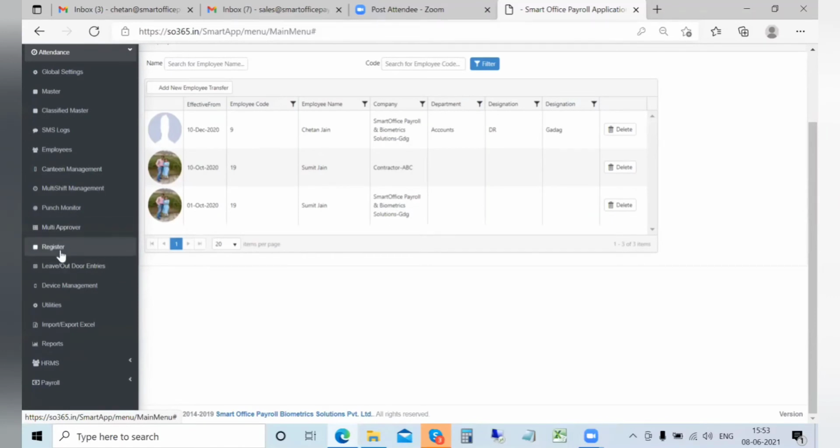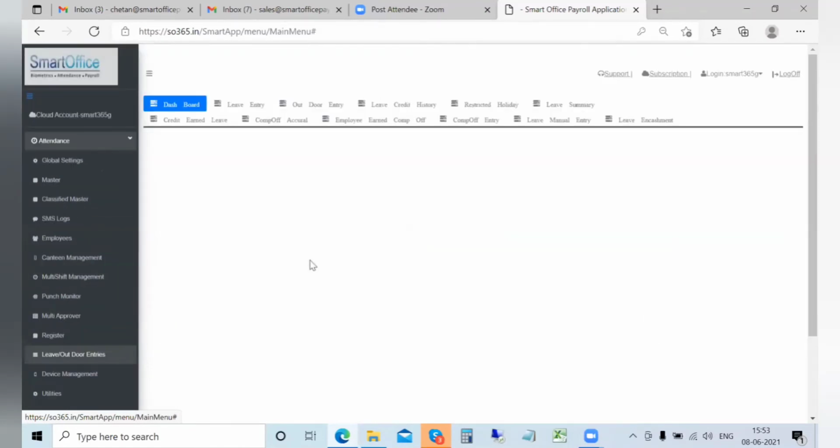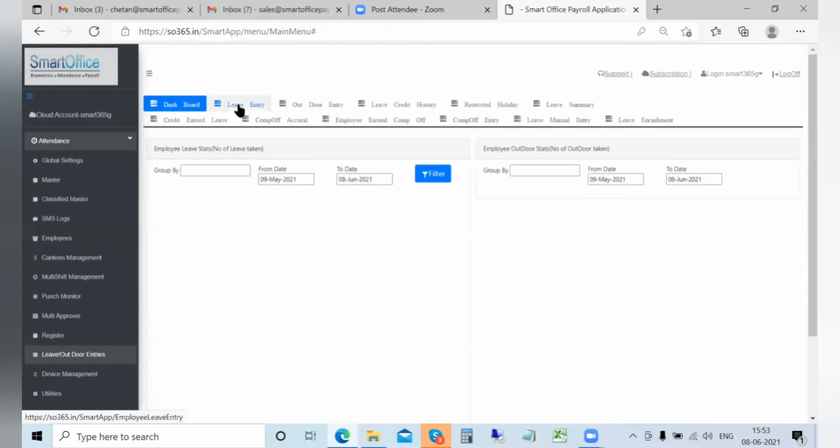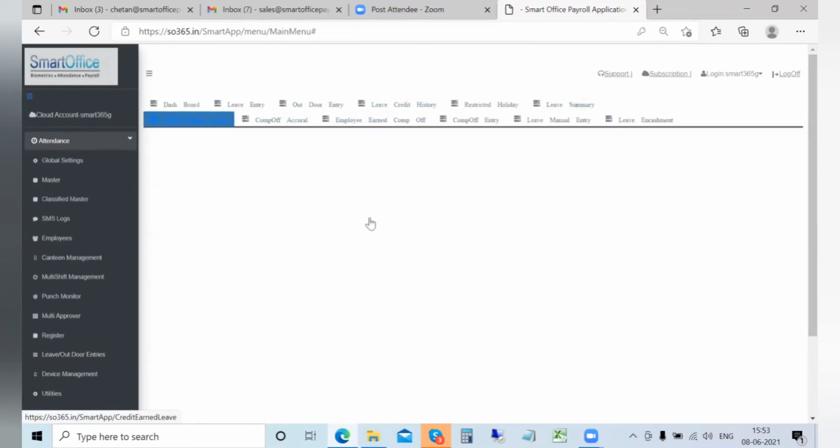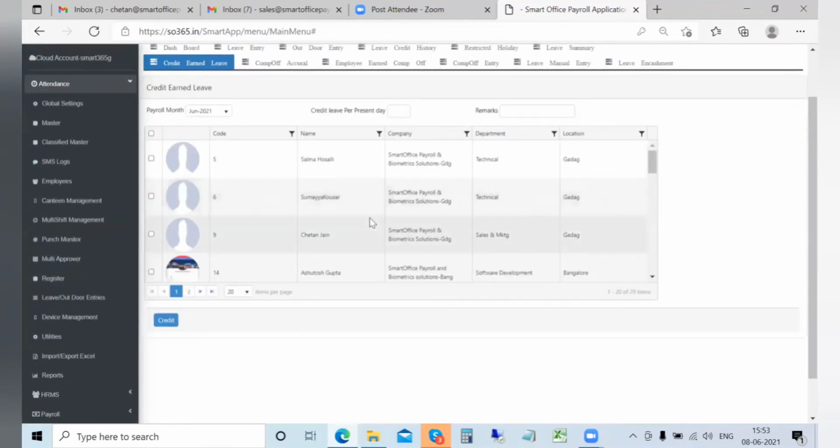Now, these are the leave entries. This is another window where you can see the leave entries, outdoor entries, credit history, and certain things that are available here. Earned leave as an option is also available, wherein as per the rule, you can define what needs to be credited for each present day.